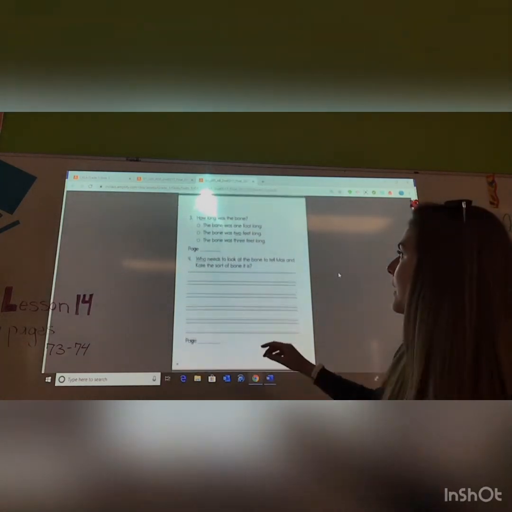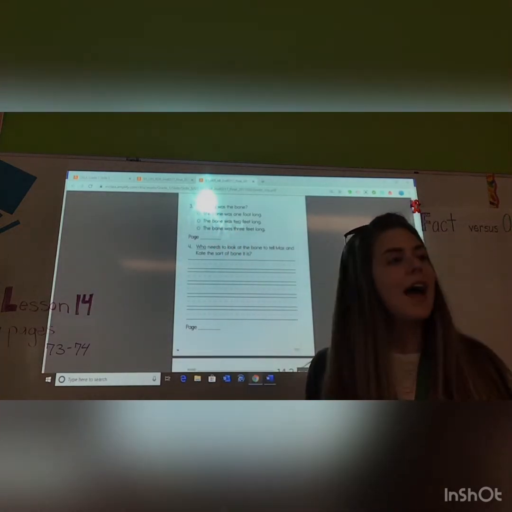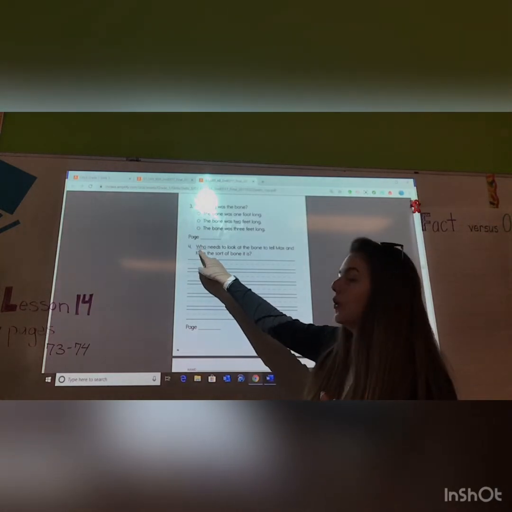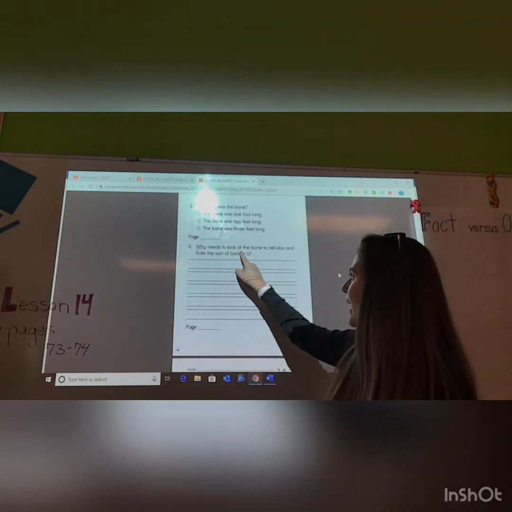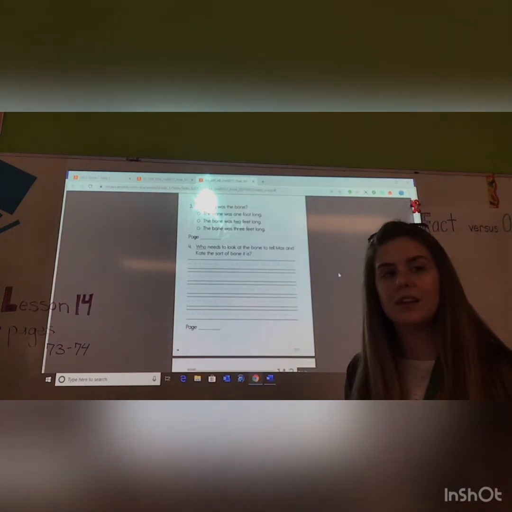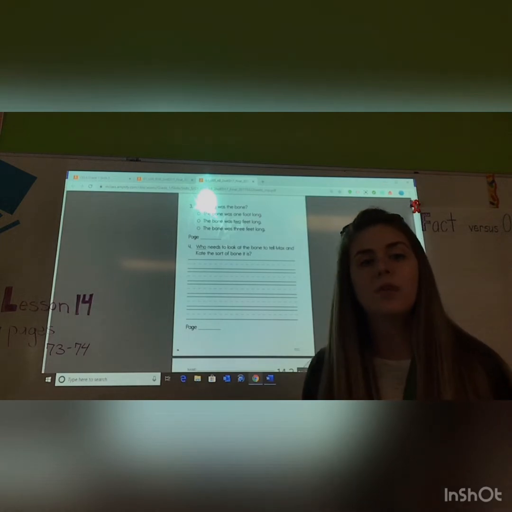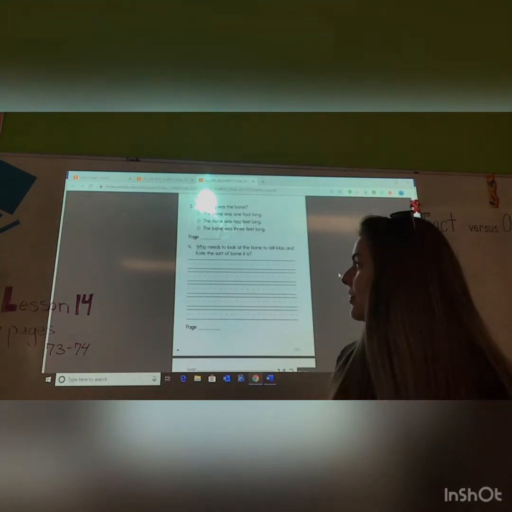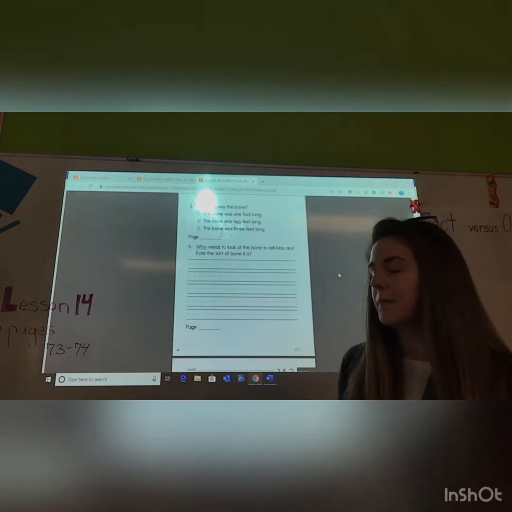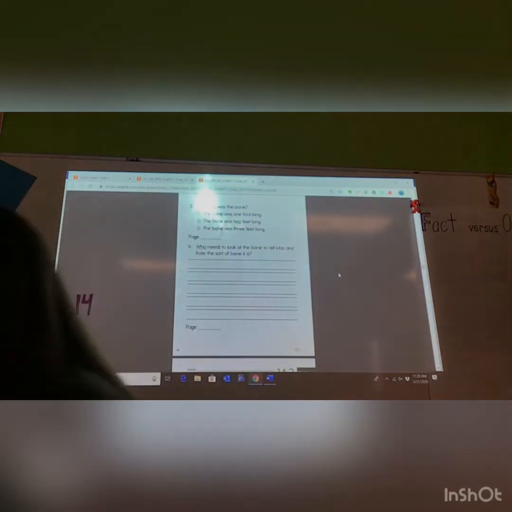Number 3, how long was the bone? Number 4, who needs to look at the bone to tell Max and Kate the sort of bone it is? This means you get to write your answer. Isn't that pretty cool? Don't forget to put the page numbers where you found all of this